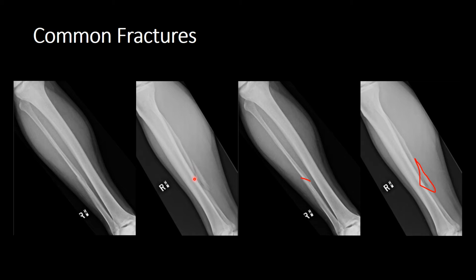Now this fracture is also very interesting on this particular case, because actually if we look at our lateral view we can see there's actually quite a large butterfly fragment. So we use the term butterfly fragment for a large triangular portion of bone. Now, in this particular case, although it's important to refer to it as a butterfly fragment, because it's a fibula, they're not going to put an intramedullary nail down this patient,